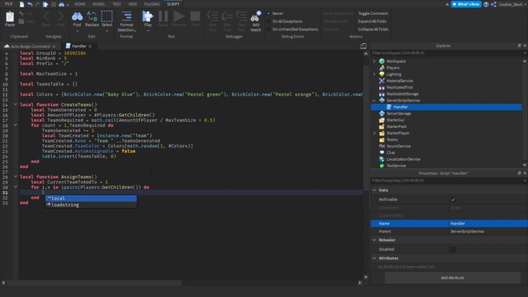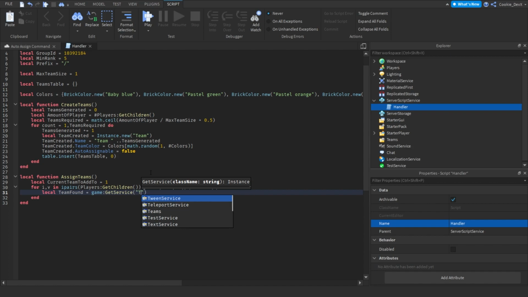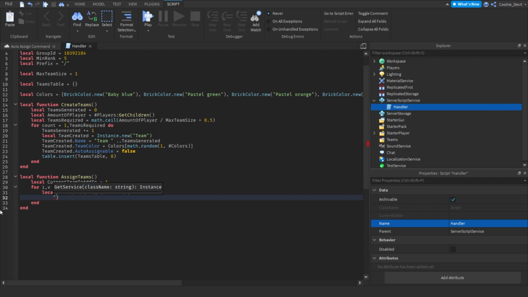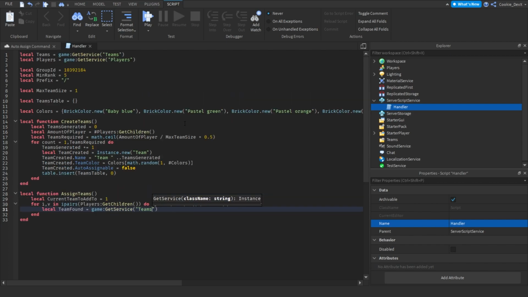So to do this, we say local team found equals game get service, then speech mark teams. Actually, we don't have to call that every time. As you remember, we actually set a variable where we defined teams. So in fact, we don't need to write game get service, as we've already got that before. So we can simply say teams, and then we need to use our square brackets. Then we put our speech marks, and we're going to say team. Then, very important, you put a space, and then you say